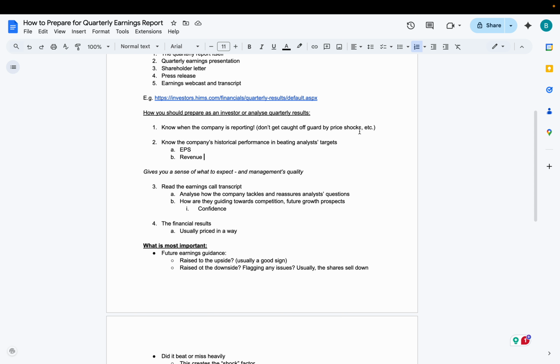So conversely, you should always look for companies that outperform expectations, right? It shows that the company is always delivering, the management is always delivering, and it's just a good thing whenever the company consistently outperforms. So